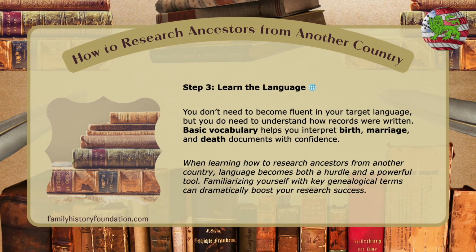Okay, so I've given you a common list of terms on the site for birth, baptism, marriage, death, parents, and occupation in German and Italian. You can use Google. You can use wordreference.com. Google Translate's probably the best. Family Search has its own word list for certain languages. So you want to get at least a command of these words: birth, baptism, marriage, death, parents, occupation, okay, things like that. Once you have that vocabulary, it's going to help you tremendously, especially going through search sites like Family Search and